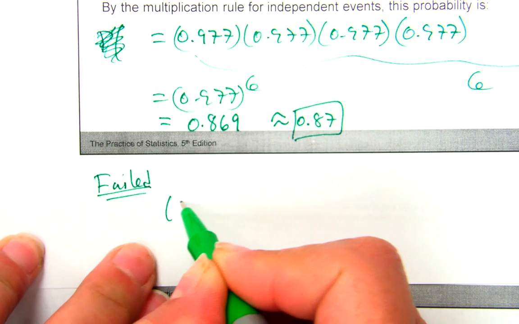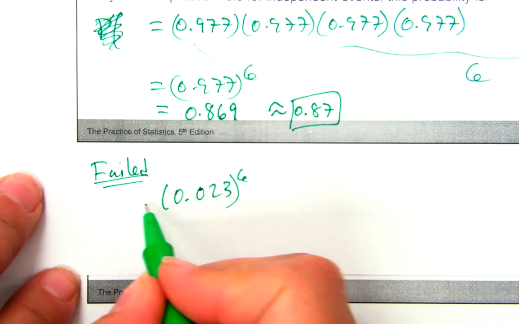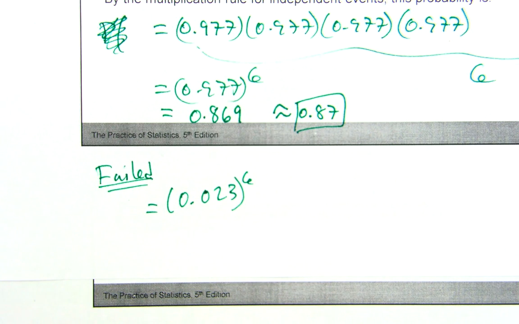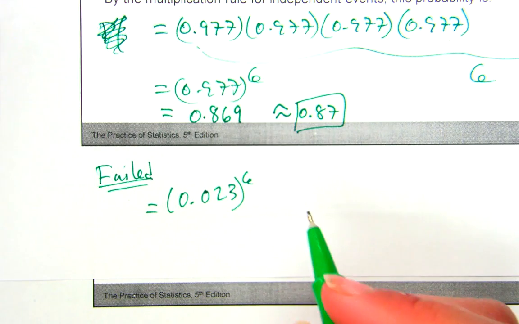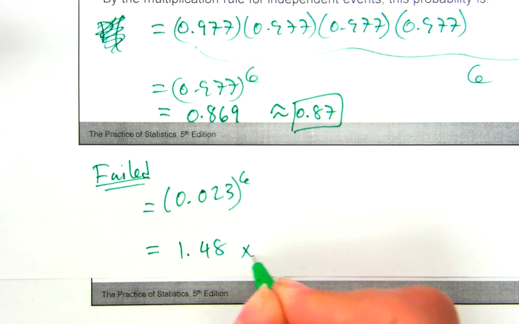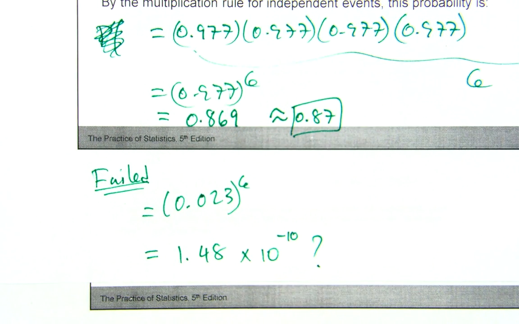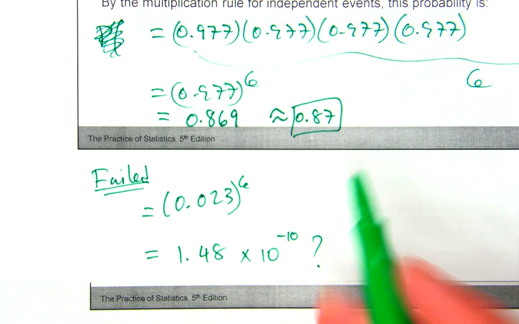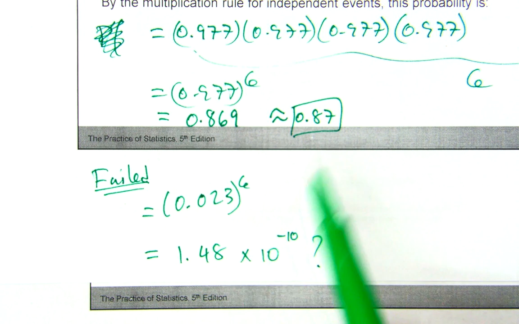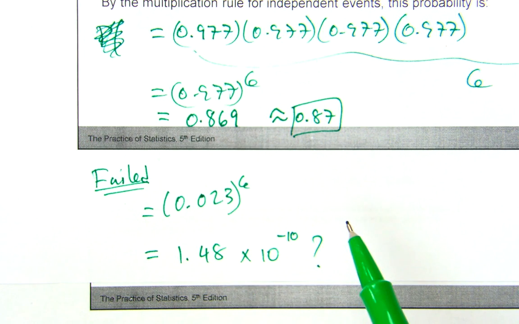right, you would just do 0.023 6 times, right? So 0.023 to the 6th, and that would give you some really ridiculously small number. I get 1.48 times 10 to the negative 10, something like that. It's a ridiculously small number that would fail technically. So you never know. Which is not 1 minus that amount, by the way. You can't just take the complement of that thing. That's not exactly how it works. There's 6 of them in there.